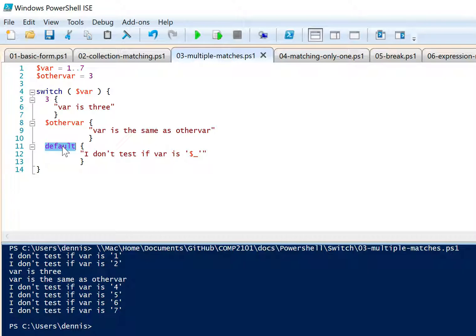So when we run this, the 1 doesn't match a 3, so these commands don't run. It doesn't match othervar, so this doesn't run. And default runs because nothing matched. Same with a 2. But when the value 3 comes out of var for testing, the 3 will match,